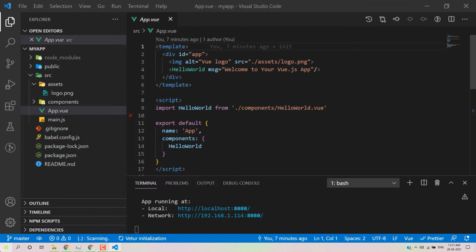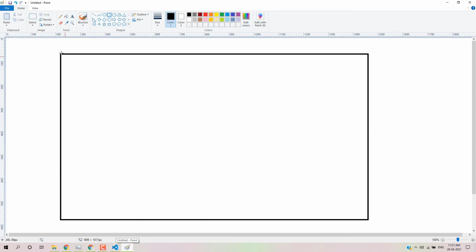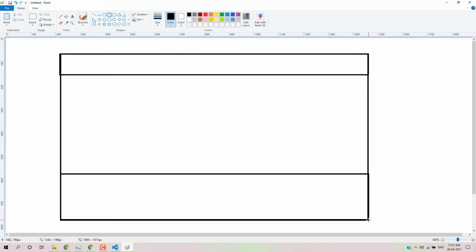There is HTML, CSS, and JavaScript code for the navbar, some for the footer, some for the drawer, like a sidebar, and some for the view, where you can see the content.